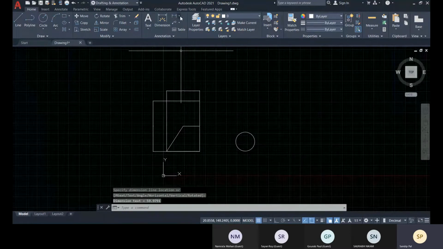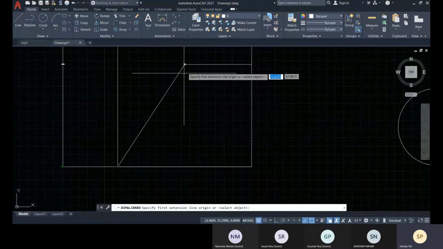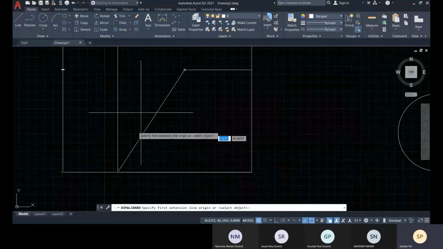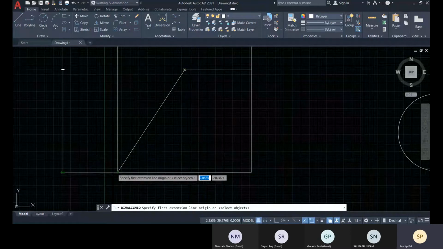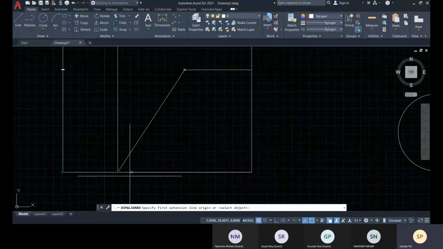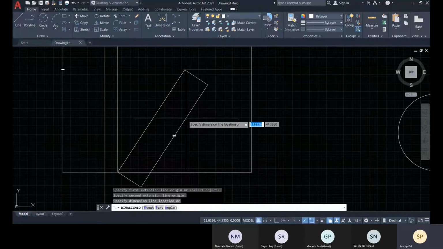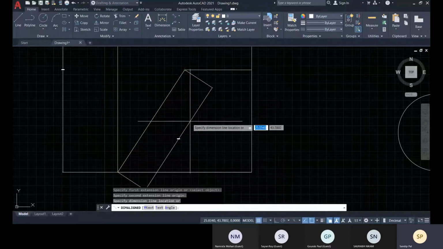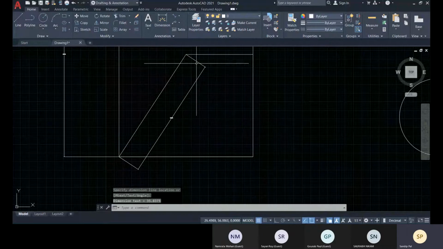Okay, and for this kind of length you want to get, choose aligned. When the line is aligned in an angle, you have to choose this dim align, this point to this point, specify, and then provide the placement and click. All right,